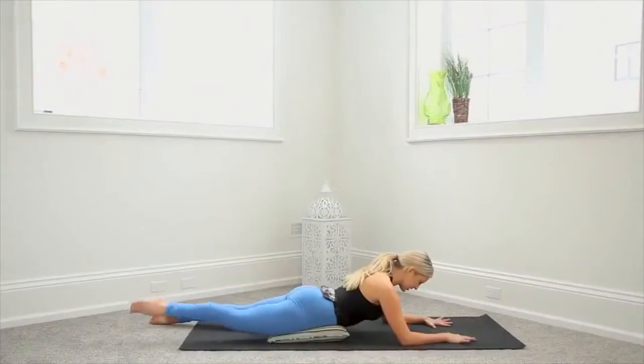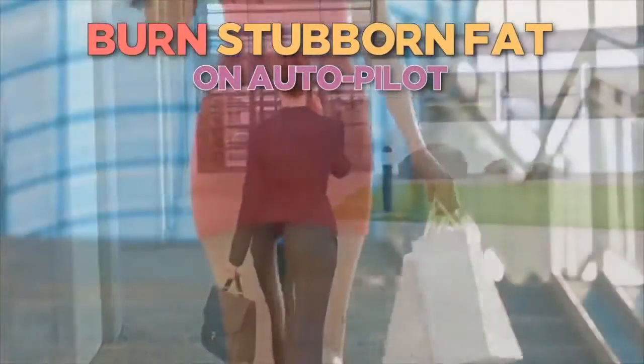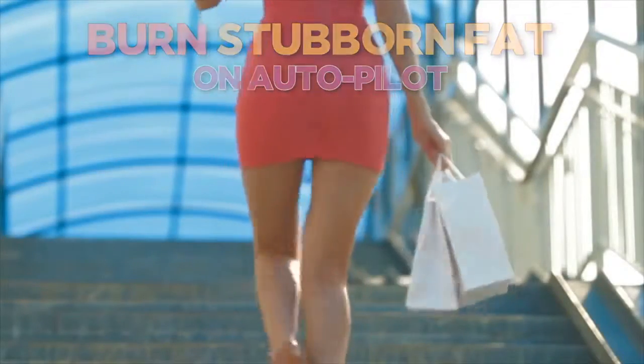The short bursts of very specific movement patterns in the pump phase are designed to elicit the afterburn effect, which essentially helps our bodies burn much more stubborn fat on autopilot for many hours and even days following one single workout,